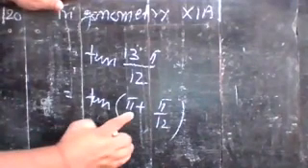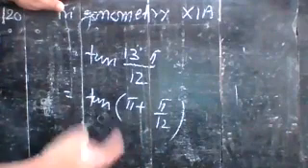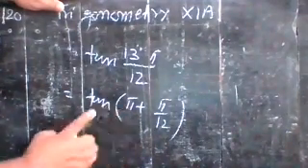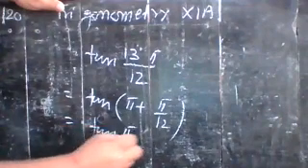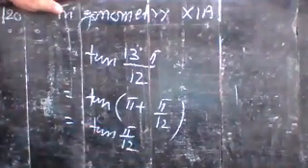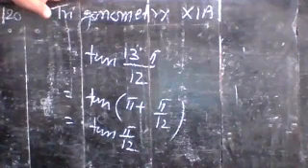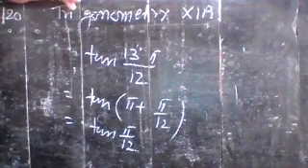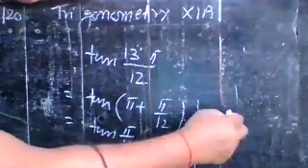And pi plus x, that is pi plus theta, lies in the third quadrant, okay? And in the third quadrant tan is positive, so that can be written as tan pi by 12. That is equal to tan pi by 12. And in degrees, pi by 12 is what? So you can very easily check that.